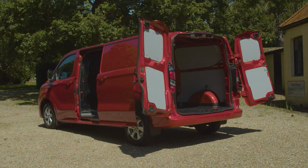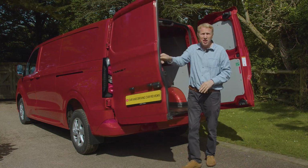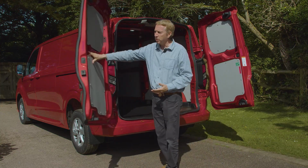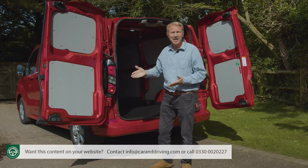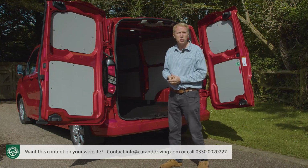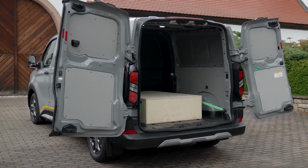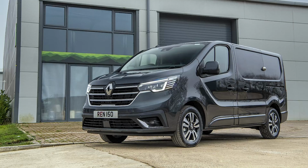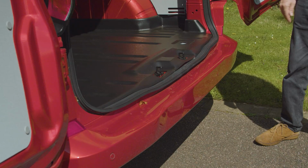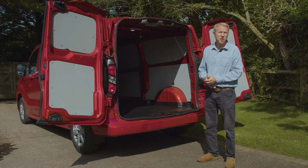As usual, Transit Custom models come with these conventionally hinged side-opening twin rear doors that open out to 90 degrees and can then swing through to 180 degrees. Now, unfortunately though, you can't specify them to swing out beyond that and latch onto the sides of the vehicle in the way that's possible with some competitors. When pulled back, the doors have a 1400mm wide opening, which, to give you some perspective, is slightly wider than a rival Renault Trafic. The loading height is higher than it was with the previous generation model. Depending on the variant you choose, it's between 575 and